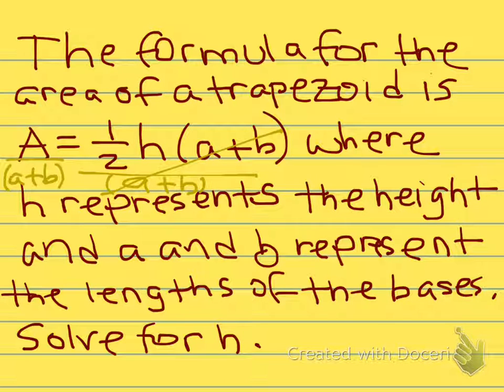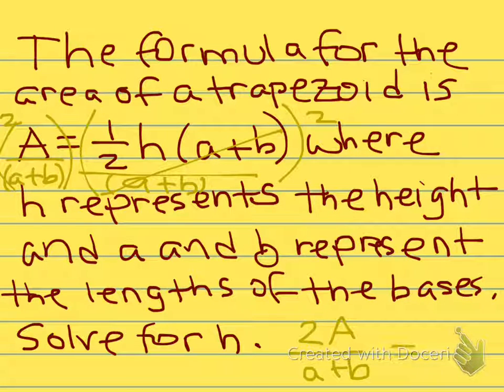So I'm going to multiply both sides by 2. So I have 2A over a plus b equals h. And that would be what my formula